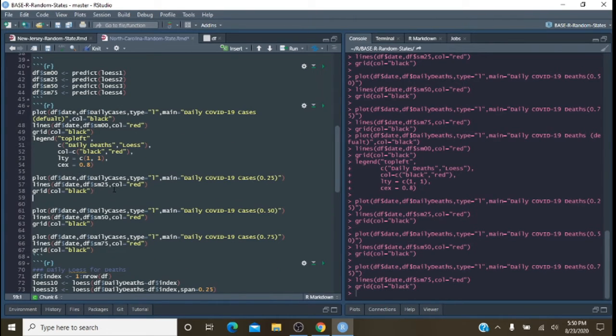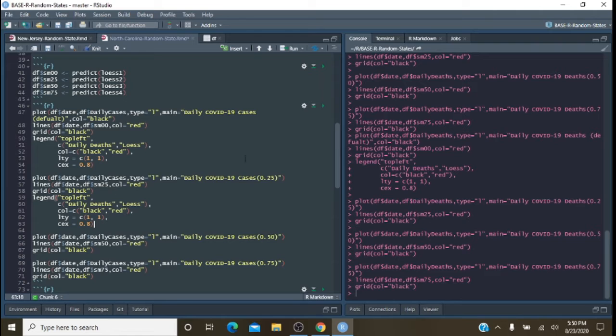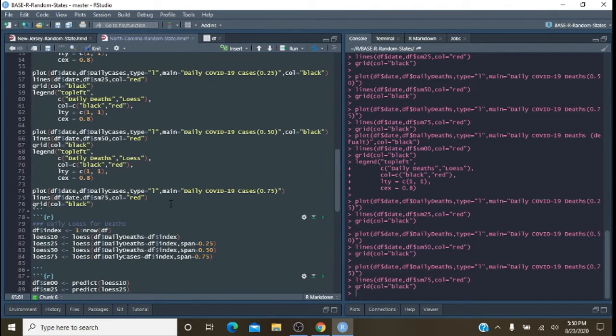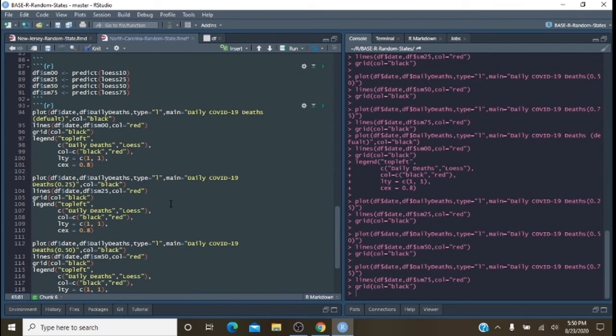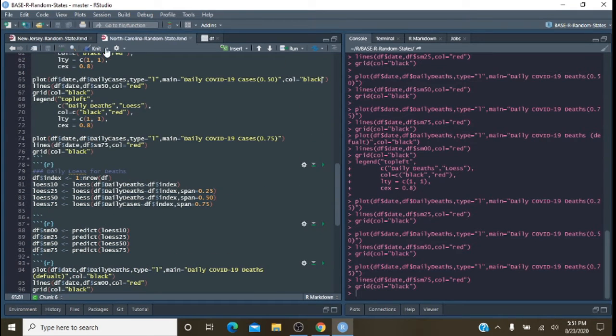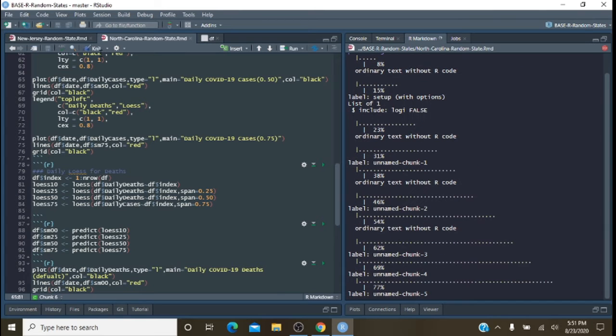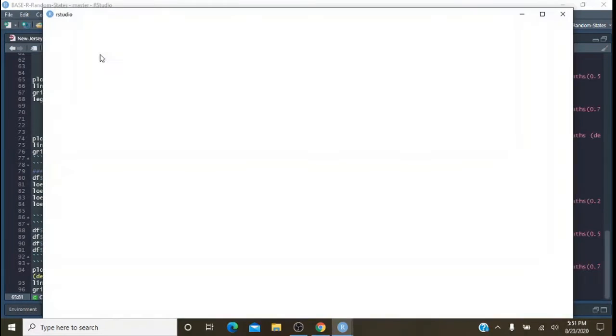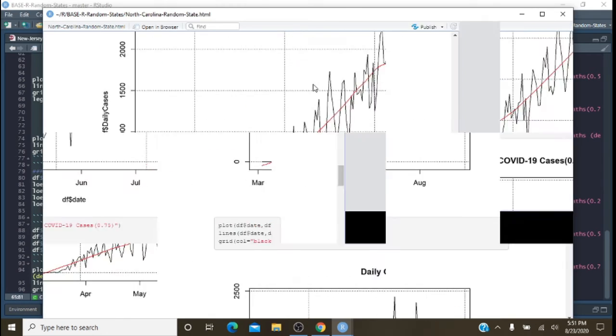See, once again, the finishing touches are just a matter of cutting and pasting. So let's run this again and see if this will knit up for us here. Okay. Once again,